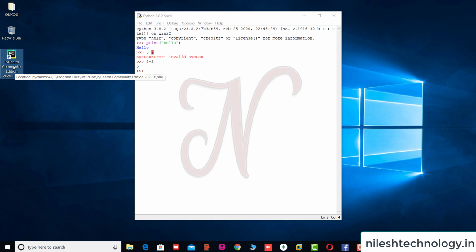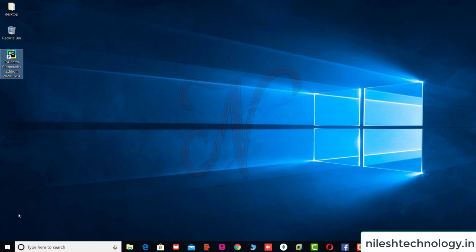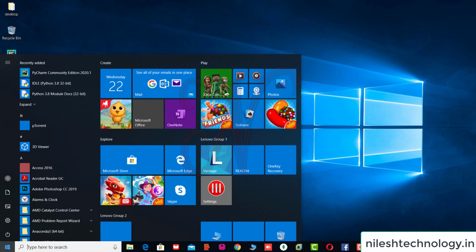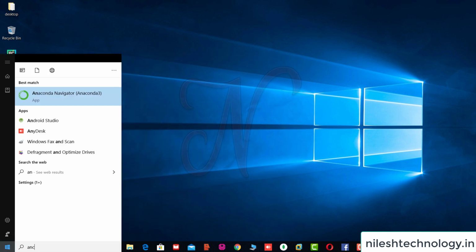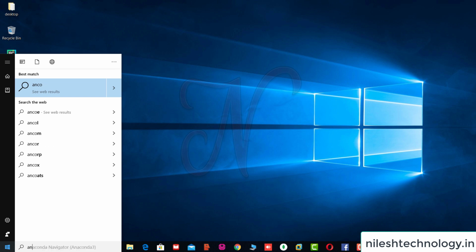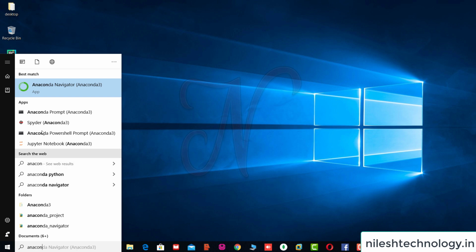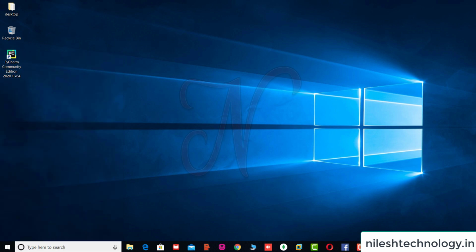Okay, see the installation of the notebook environment. Okay, so I have already installed this notebook environment. So which one is that? So I can install this Anaconda Navigator. So this Navigator is useful for running programs in Python. Okay, so I have already installed this setup, so I can show you how to install this.